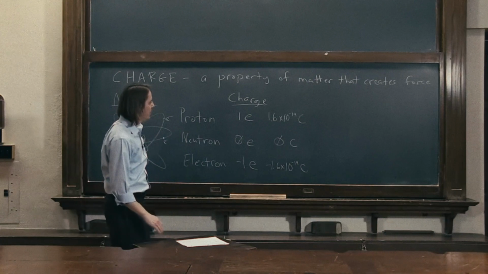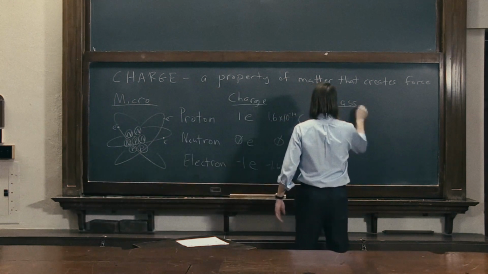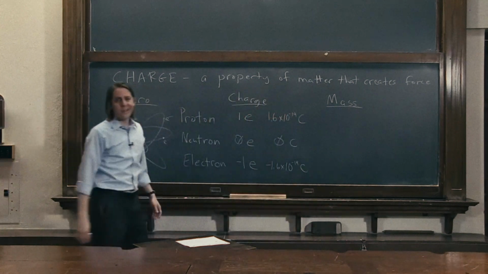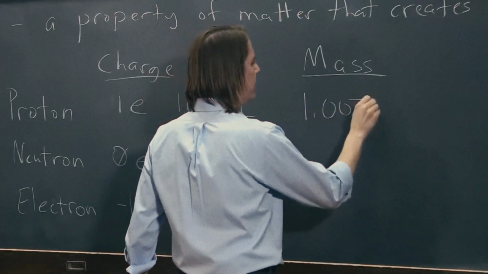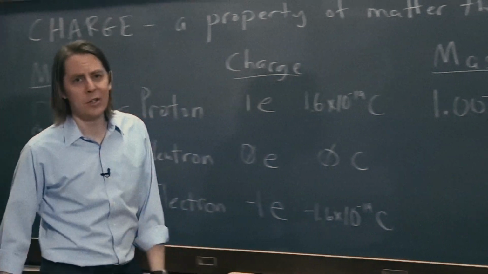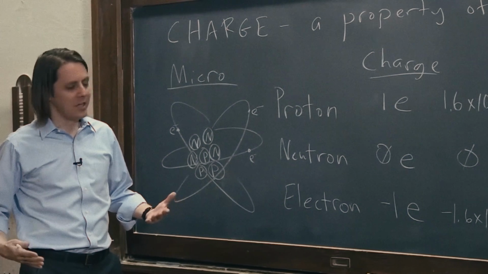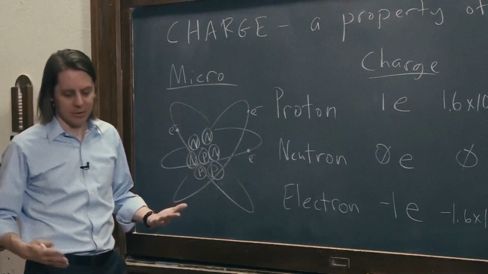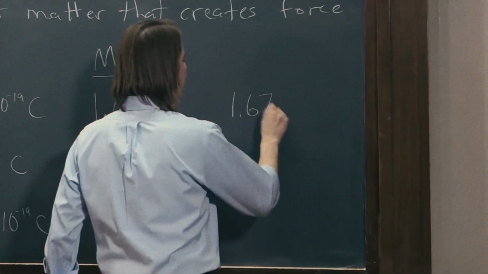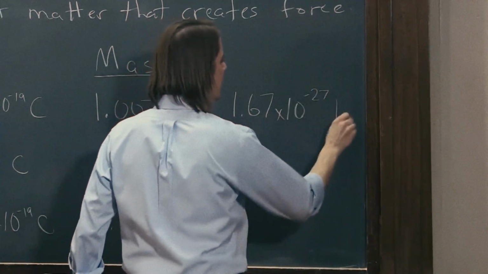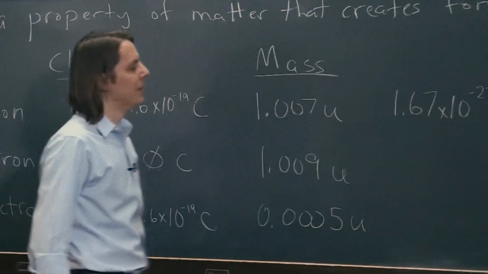We can also, while we're thinking about it, look at the mass. We can also see the jump, or the difference, in the mass. Mass also has a microscopic unit, U. So the proton's mass is 1.007 U, where U is the unified atomic mass unit. If we want, we can think about the macroscopic scale, and we can write these numbers in terms of kilograms. So the proton mass is then 1.67 times 10 to the minus 27 kilograms. So an even bigger difference than in the charge, 27 orders of magnitude in the mass,